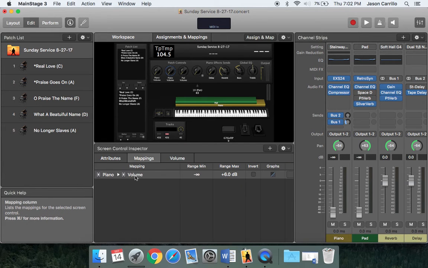I'm going to come here and delete this mapping. Now that we have a sound assigned to this digital knob, I want to map the digital knob and the physical slider together. The easiest way to do this is to click on the knob that you want to map, for example, piano volume,